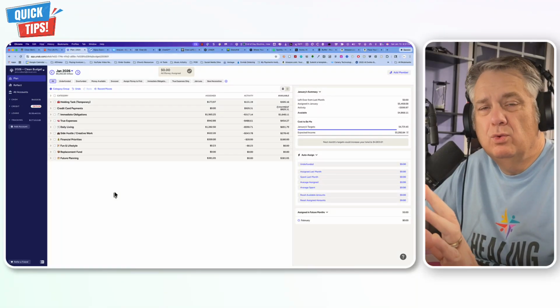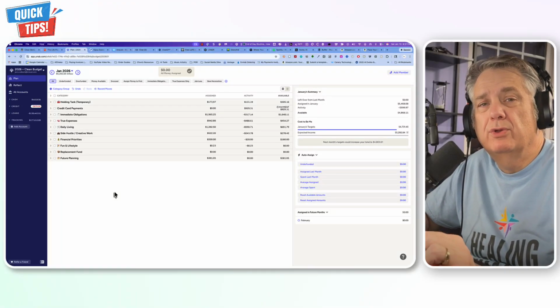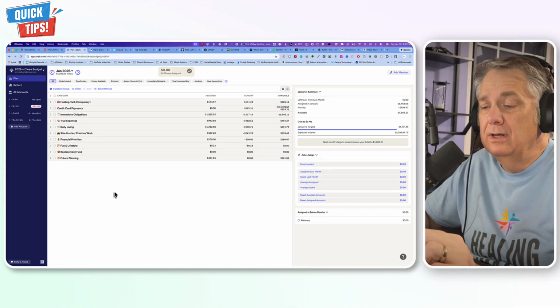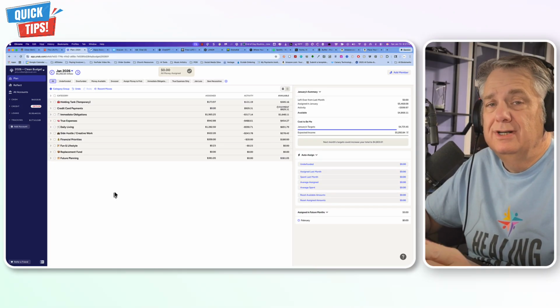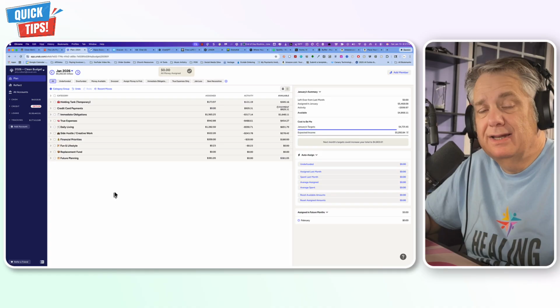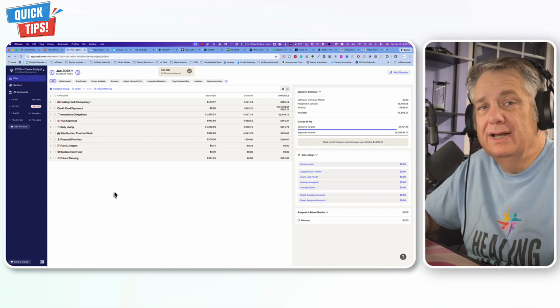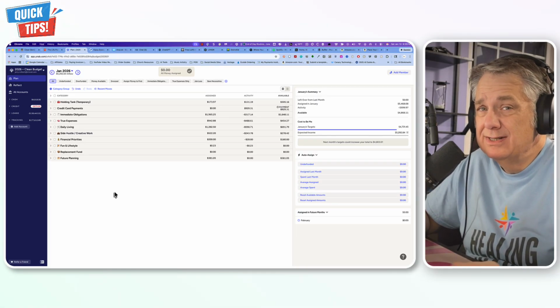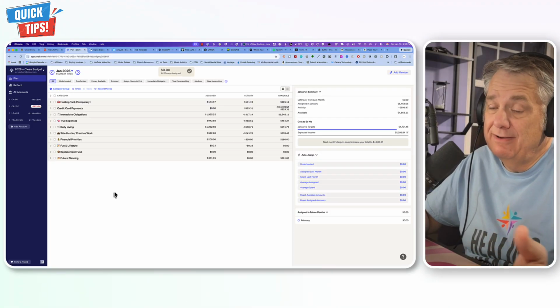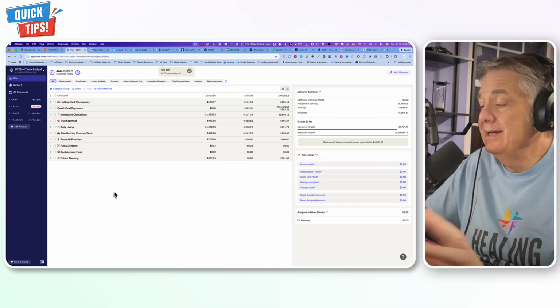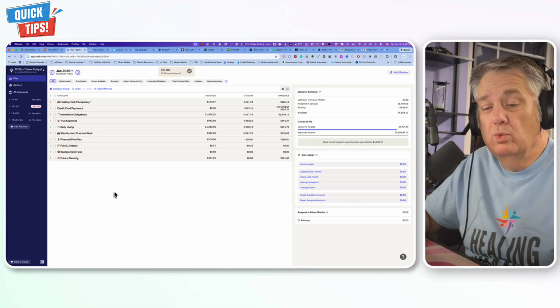So what in the world do you do with rebates and cash back? Well, a lot of people say that you should take those rebates and cash back inside of YNAB and apply it to the category that rebate or cash back came from. But sometimes, actually, I found a lot of the times, I have no idea where that cash back originated from,